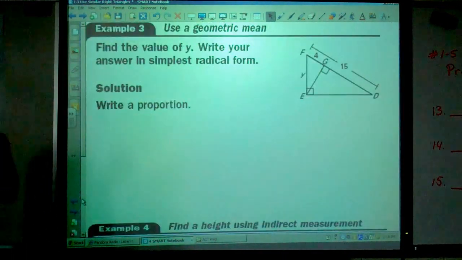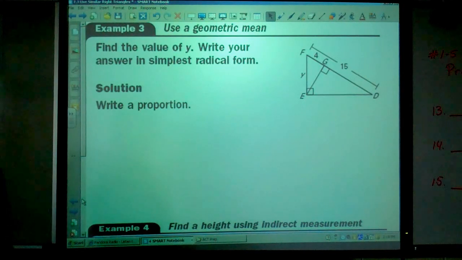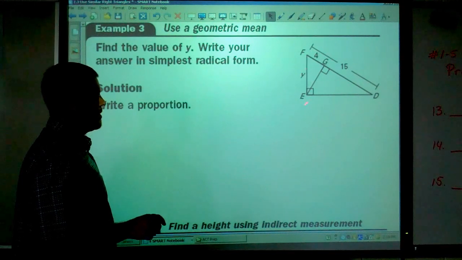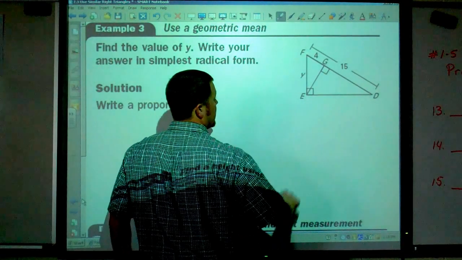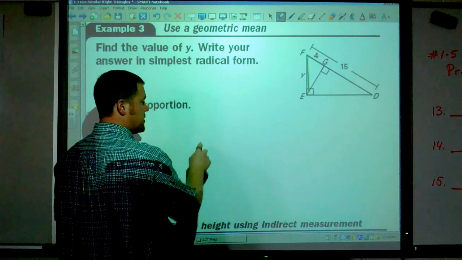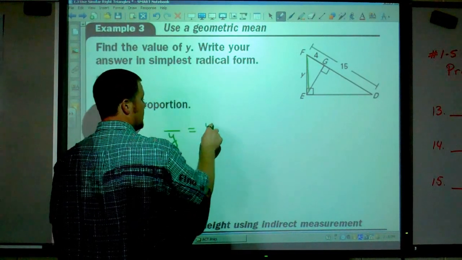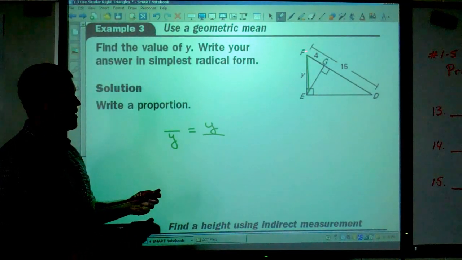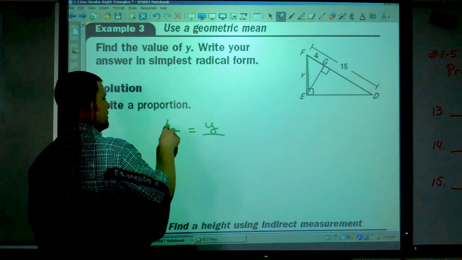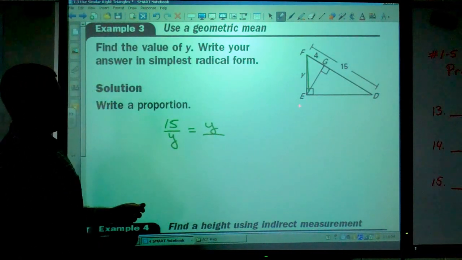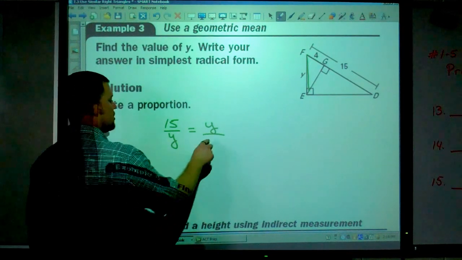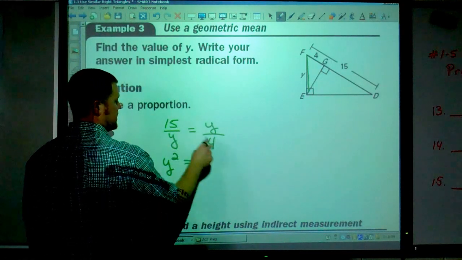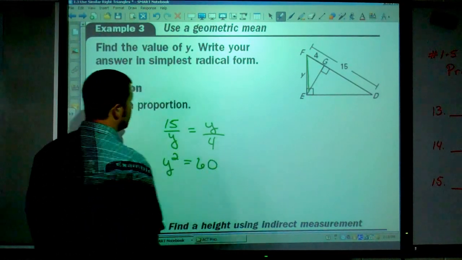Okay? Alright, let's go through an example here. Find the value of y. Okay, so I know I have a right triangle, FED, and I see y here. It is a leg, so it is an altitude. All right, I know it's an altitude. That tells me it is the geometric mean. What is it the geometric mean of? It's a leg, so it is the hypotenuse, which happens to be segment FD, which is 15, and the piece of the hypotenuse adjacent to this leg, which is segment FG, so that's 4. So y squared